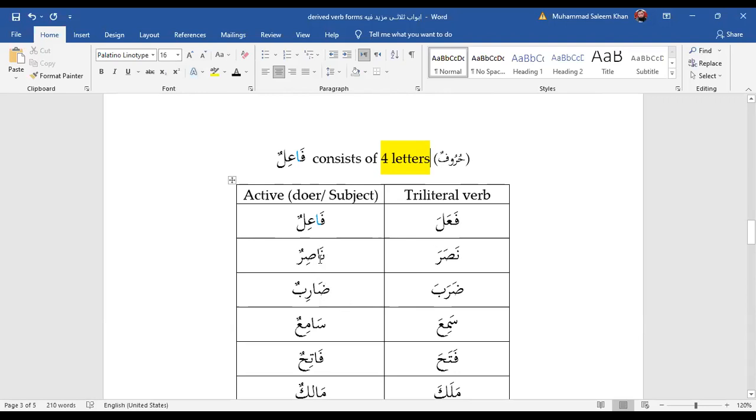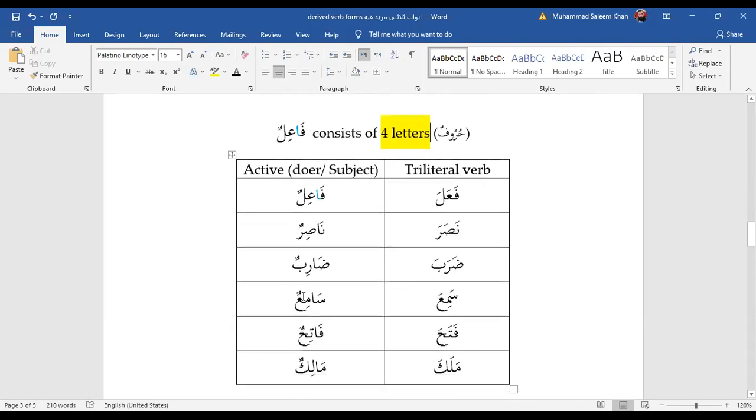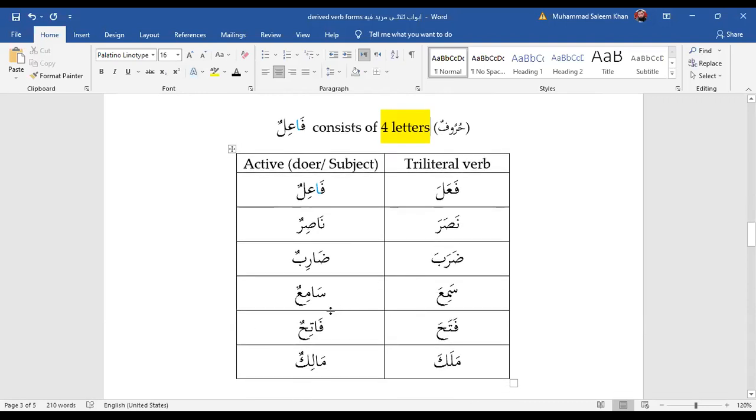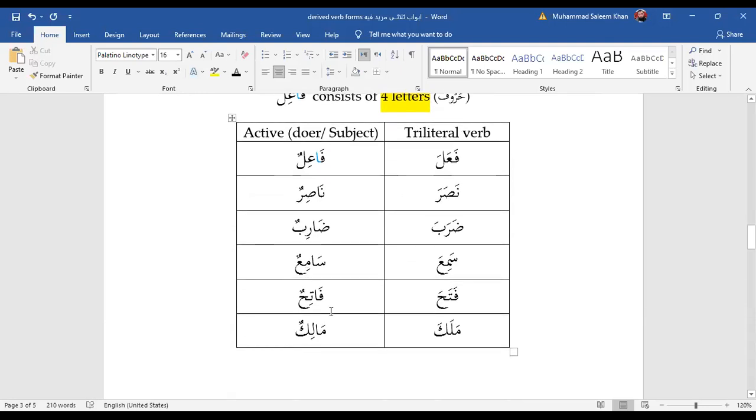And the feminine will be fa'ilatun. We know that if we add ta marbuta, it becomes the doer, the feminine doer. So fa'ilun, fa'ilatun, nasirun, nasiratun, the lady who helps. Daribun, daribatun. And similarly, we have samia, he heard, and sami'un, the one who listens or the one who hears. And the feminine will be sami'atun. Fataha, he opened, and fatihun is the opener, and the feminine will be